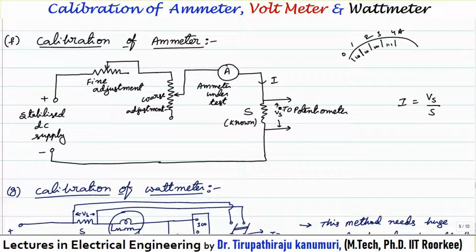We measure the voltage drop across this known resistance using the potentiometer. So the actual value of the current will be equal to the voltage drop across the known resistance divided by the value of the resistance. That is my actual value, and this ammeter is showing some reading. If both readings match, it is well. If both readings do not match, some error is introduced. So we plot the error calibration curve of the ammeter based on the difference between the true value and the measured value. This is the most accurate method for calibration of ammeters, which is always used in practice.